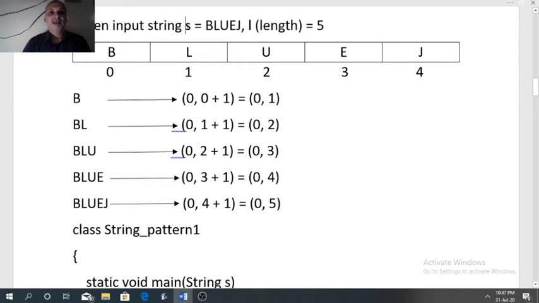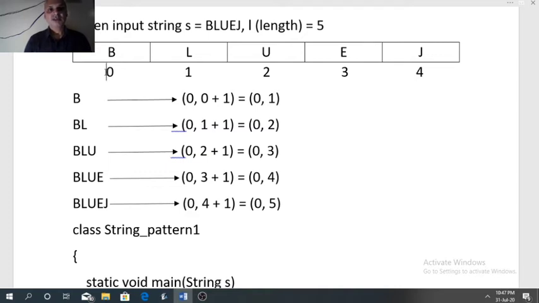Suppose S stores the word blue jay. We need to find the length of this word and store it in a variable L. So L stores 5. Now write the index of each character in the given string. So 0 is the index of B. You know that in string handling, indexing starts with 0.